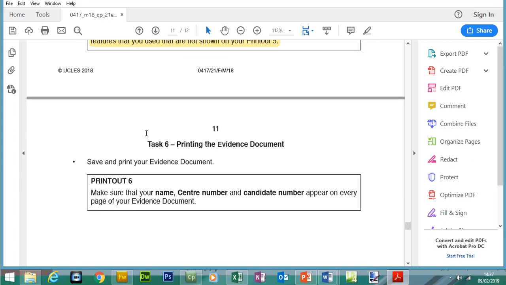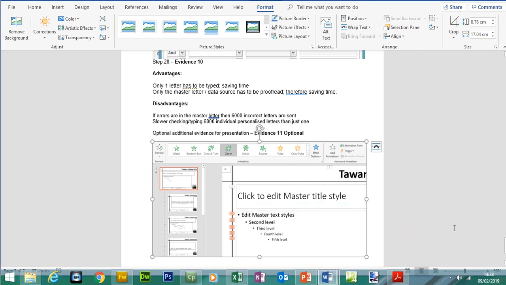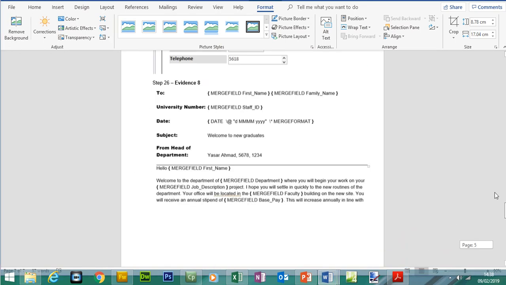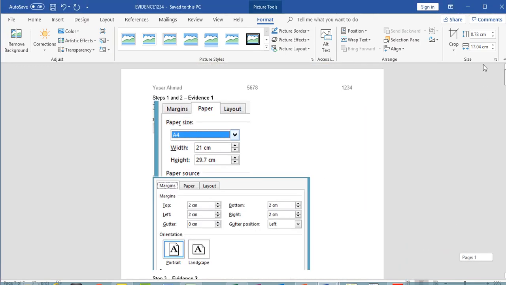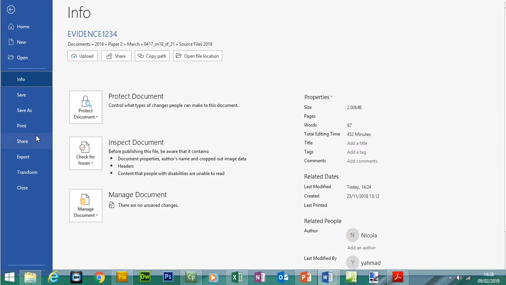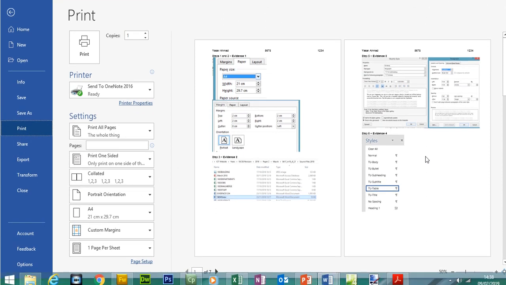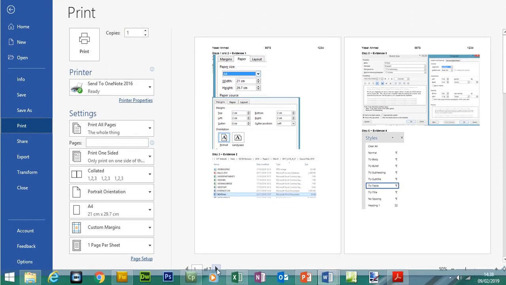At the end of the paper, you would finish off the evidence document. So where's the evidence document gone? So this is my evidence document. Once this is finished and you've checked it, then you can print this off. So File and Print. Okay, so here we've got some evidence for the Word document. If we go forward,